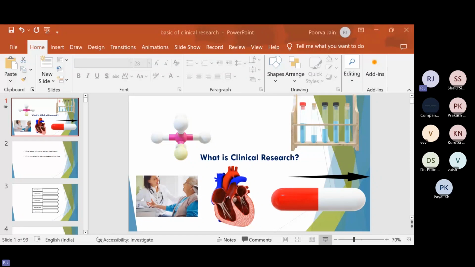So now we know what clinical research is. It is nothing but a study of health and illness in people, and the main purpose of doing clinical research is to identify the ways to prevent, diagnose, and treat illness. Now,